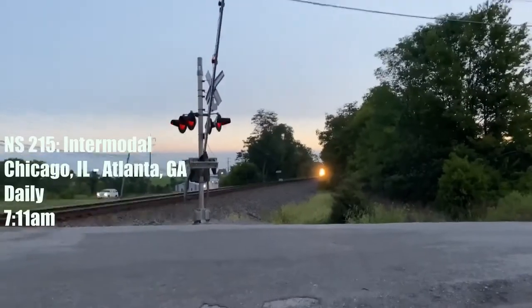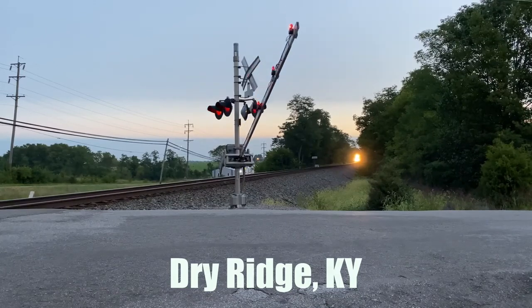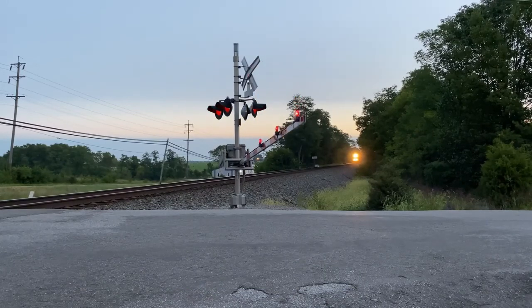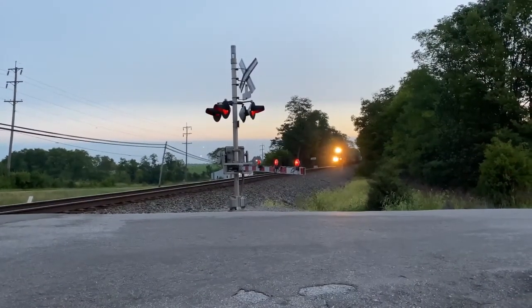So coming into these top four, for my top four catches of the 2020 year, it was really hard to split these apart from each other and order them on which was my favorite. But coming in at number 4 is the Conrail Heritage Unit, leading NS 215, and I really did have to